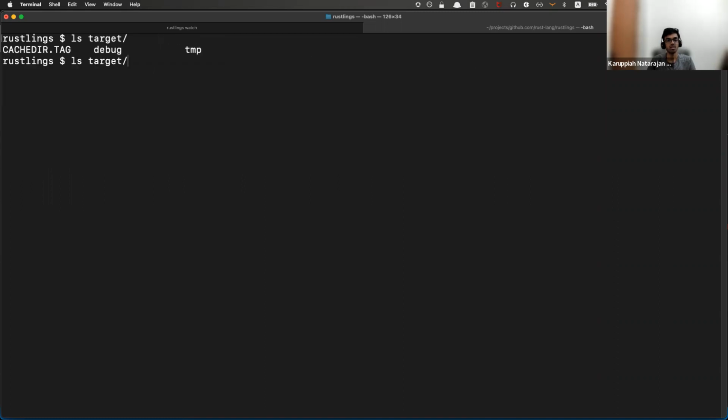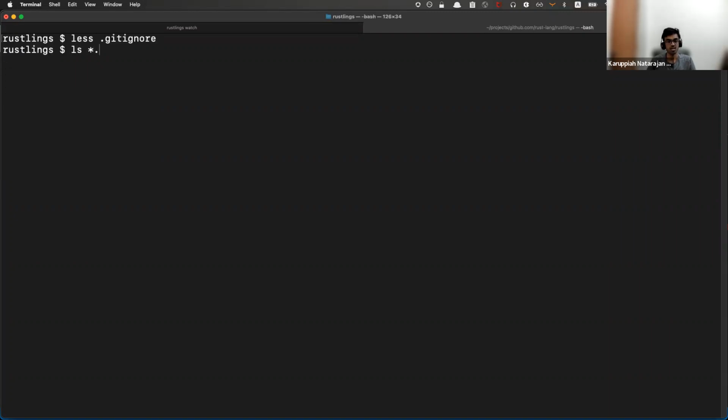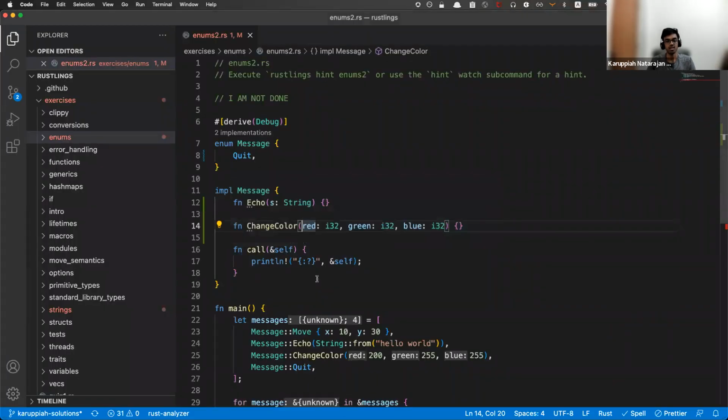So this is for debug. That's all, huh? Interesting. Let's look at git ignore. PDB. What's PDB? Star.pdb. Interesting. Anyways, I